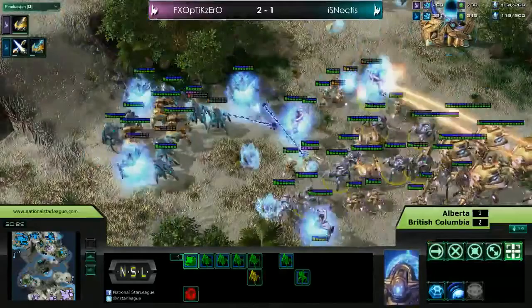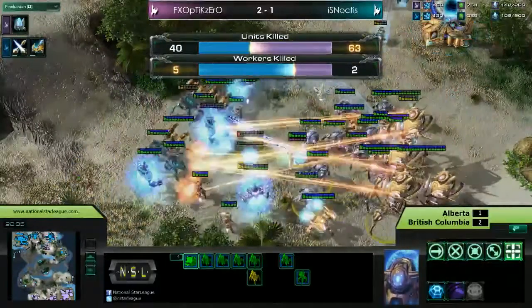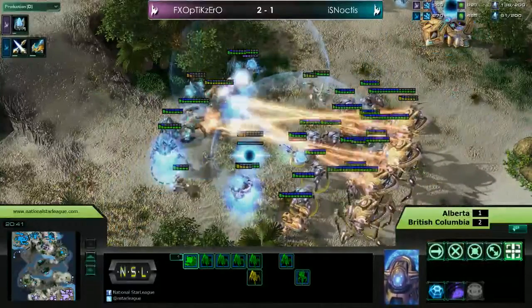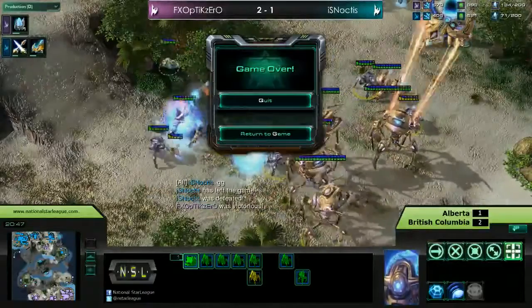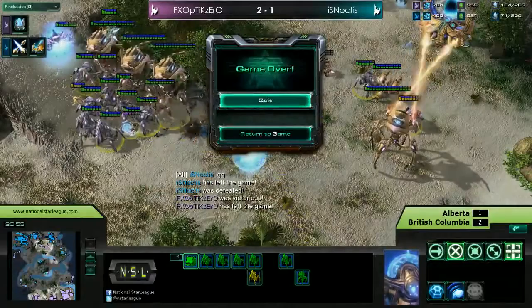FXOpTiKzErO's supply is just shooting ahead, and it really looks like he's taking a commanding lead right now. It is hard to tell with all these shiny Protoss units, but it does look like FXOpTiKzErO is doing very well. 136 over 87. This Colossus ball is just extremely... And GG by Noctis. FXOpTiKzErO taking game number